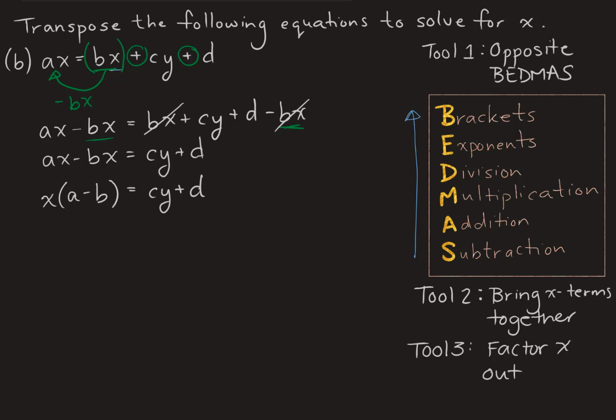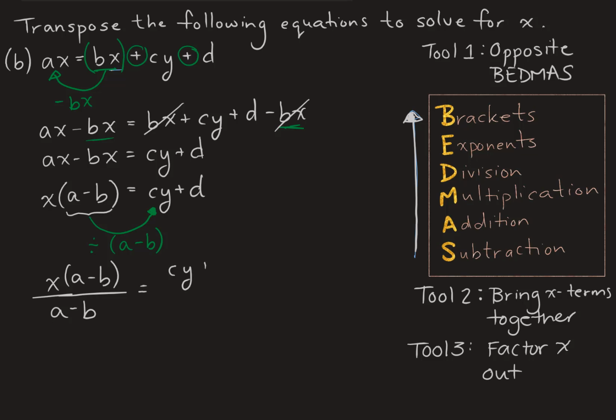Now I'm still going to be doing the opposite of BEDMAS so that I can isolate that x term. Now what would be happening is brackets would be coming last. x is being multiplied by this combined a minus b term. And I want to move that whole term over by dividing, because it's being multiplied. I'm going to divide by a minus b in brackets, still respecting those brackets because that would be the last thing to work through. So I have x times a minus b divided by a minus b is equal to